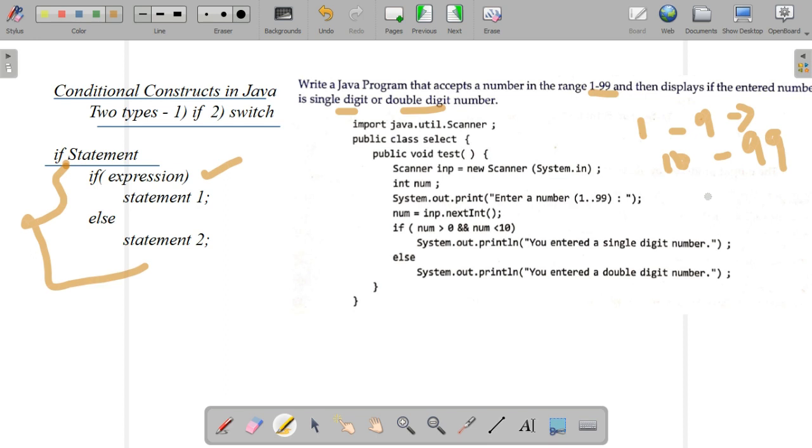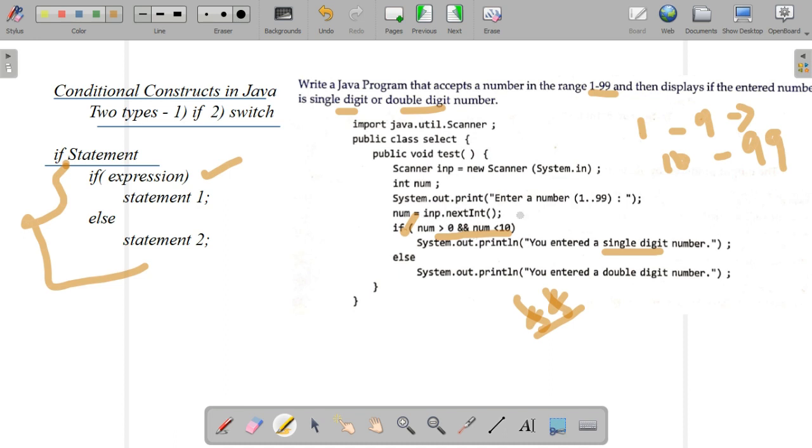So how can we give the conditions? Greater than 0 and less than 10 means a single digit number, else it is a double digit number. So you read a number and give the condition.